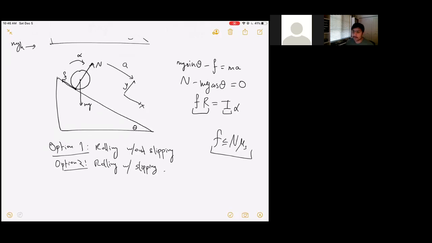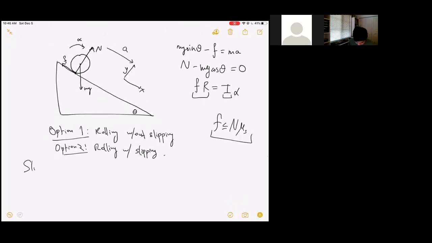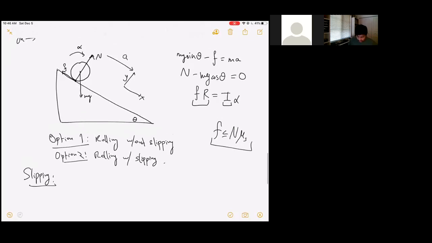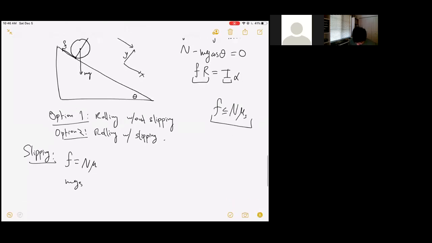Maybe here's an alternative way to justify it. Let's assume that slipping was happening, and then we'll show that that's not possible for small values of theta. So let's go to the equation. Slipping means that F is actually equal to n mu, because in slipping we always have F equals n mu. So what that means is that mg sine theta